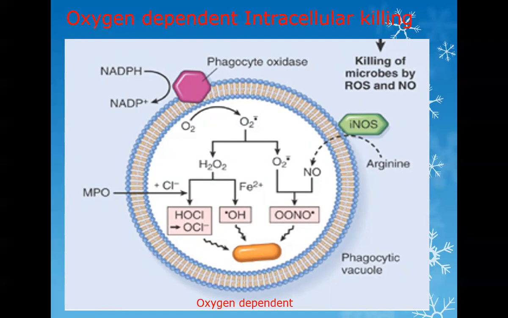Remember, chronic granulomatous disease. These patients are always sick even though they have neutrophils. When you check, there are a lot of neutrophils. Then why? Because they are not doing anything. There is a defect in this enzyme, and they are not forming superoxide. So all these, myeloperoxidase, inducible nitric oxide, are being blocked.